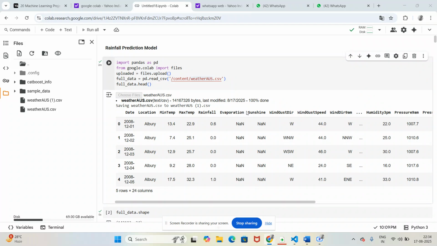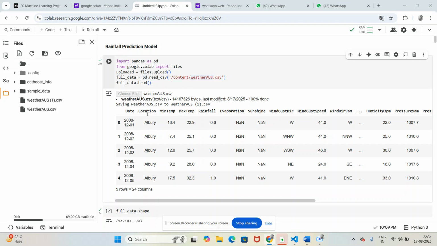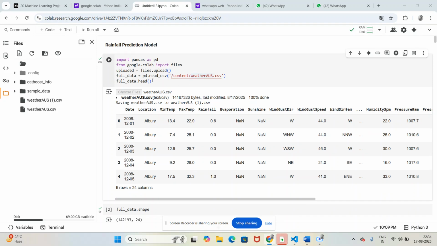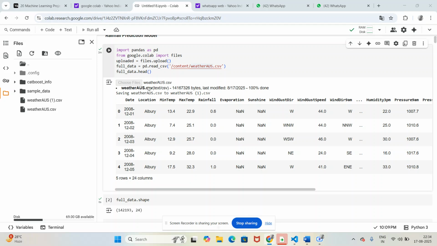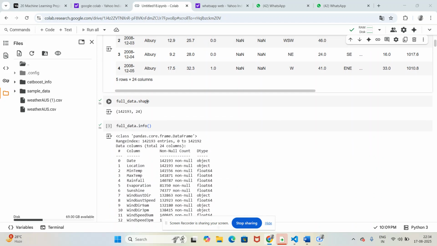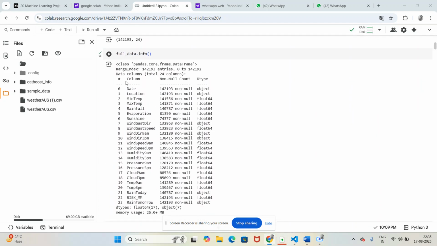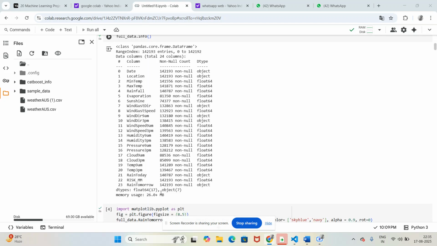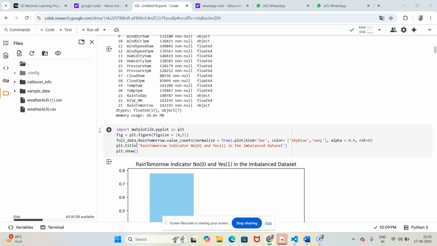So in this video, I will demonstrate my project, that is the rainfall prediction module. I have initially loaded the dataset for the rainfall prediction model, which is in CSV format, and printed its data.head, and then I have demonstrated the info of this data, which is shown. Next, I will check whether this dataset is balanced or unbalanced.